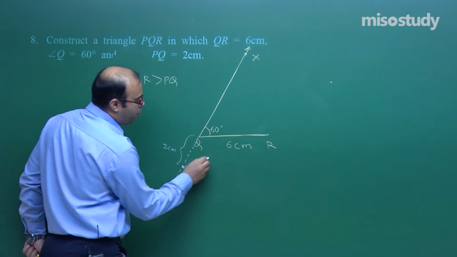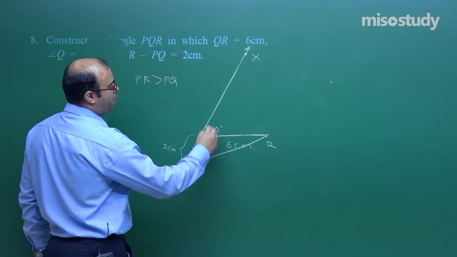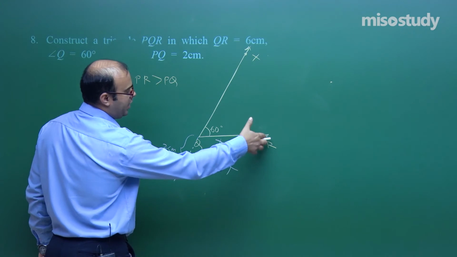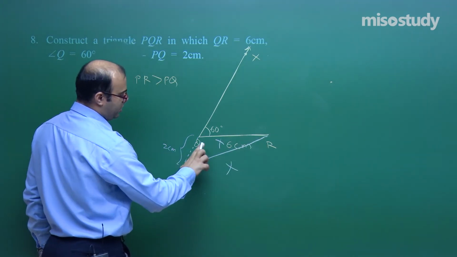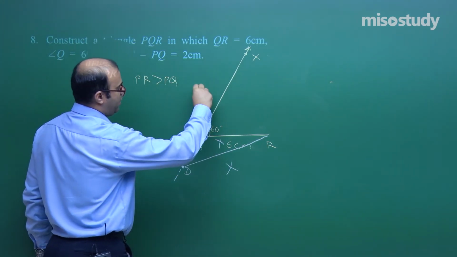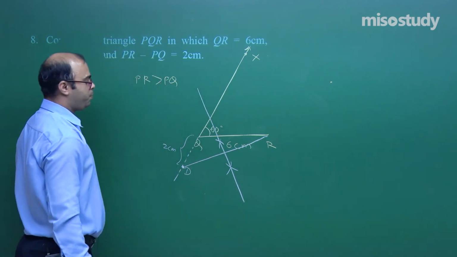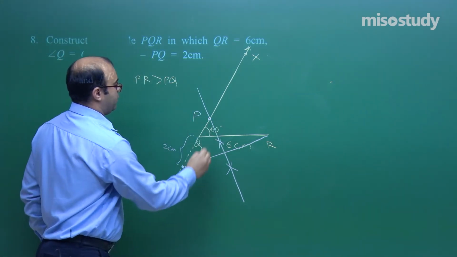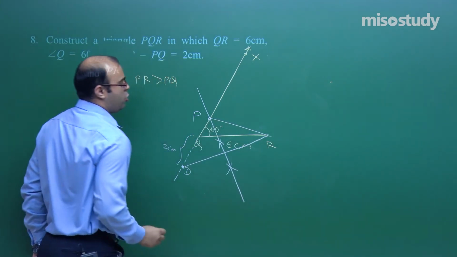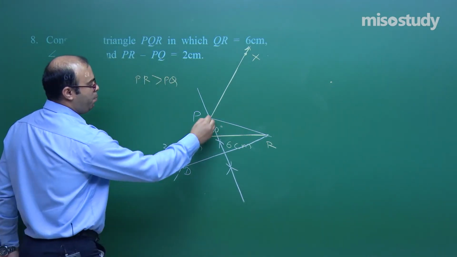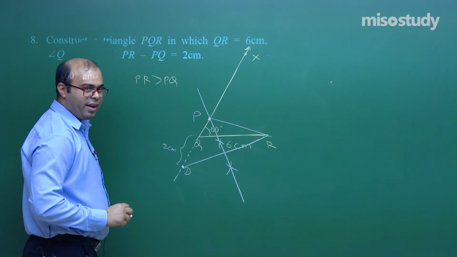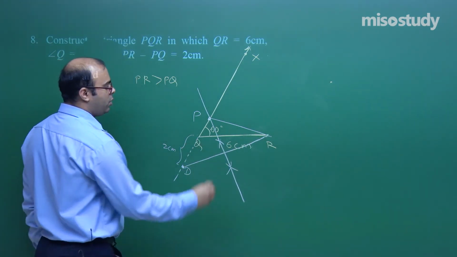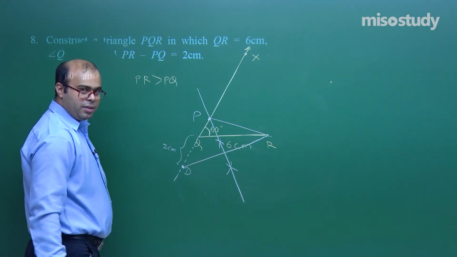We will join these 2 points D and R. We will take the perpendicular bisector of these two. So let us take perpendicular bisector, taking this as center, arc, center, same arc, same radius. Let us join these two. They will intersect here. Let us call this point as P and join PR. So the triangle which we observe here, PQR, is the required triangle. Why, students? Because this QR is 6 centimeter by construction. This is 60 degree again by construction.